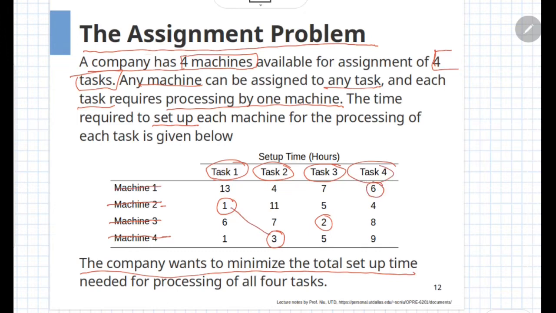If you add up all the setup times, you will find that the total setup time is equal to 12 hours. As we can see later, this is not the optimal solution.